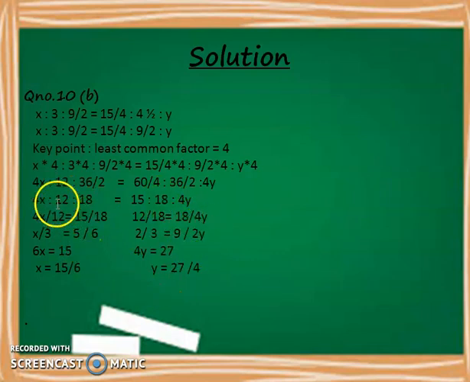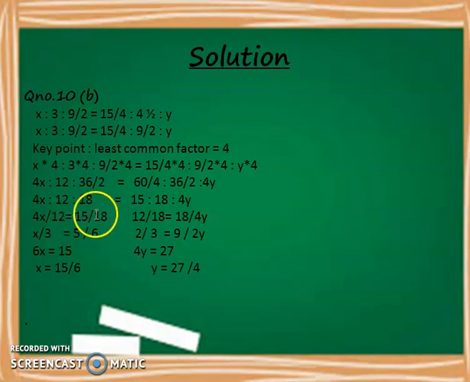Clear? The first ratio is equal to the first ratio on both sides, and the second ratio is equal to the second ratio on the other side of the equal sign. Fine. Now here I just have to simplify, like 4 would be cut down with 12, which means 12 divided by 4 gives me 3, x by 3, and here again I will divide both the numbers by the common factors,